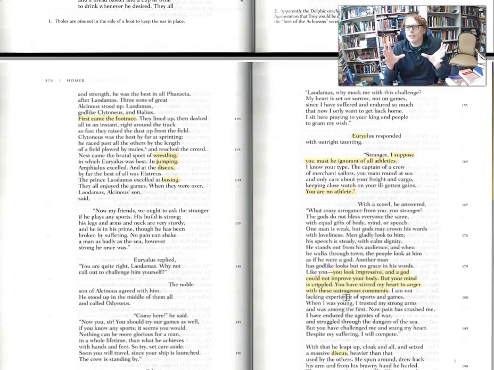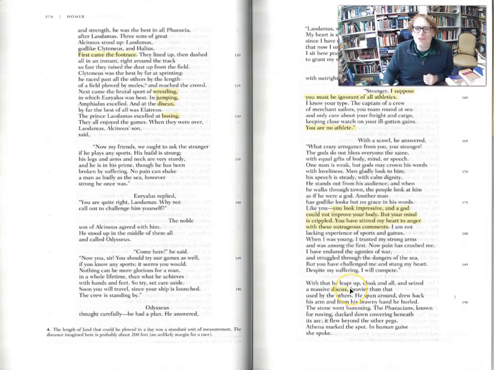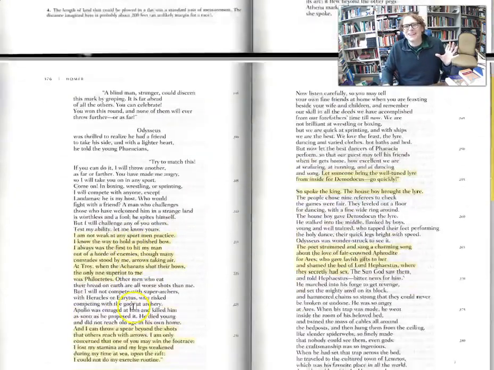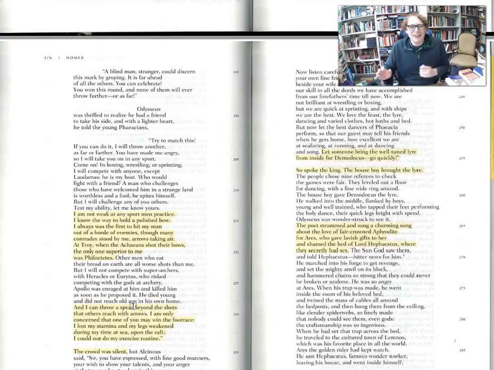So to look at someone and say you don't look like much of an athlete is looking at them and saying you don't look like much of a warrior. And in Greek culture, that's a pretty serious insult. So Odysseus jumps up, he grabs a discus, and we've already had all the younger men throw the discus, and someone's been declared champion. He picks it up, and he throws it further than anyone else had thrown one, right?